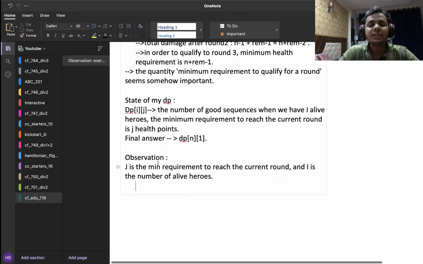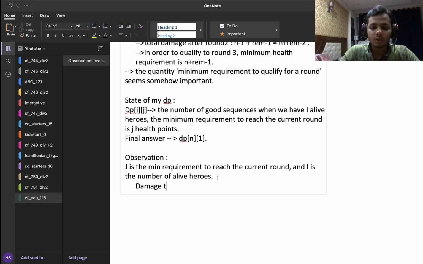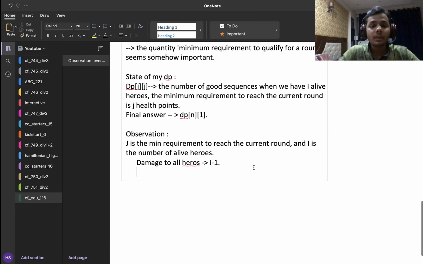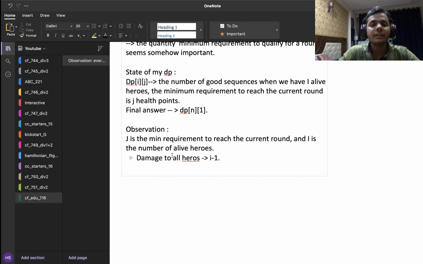Obviously if there are I alive people, then every hero will get a damage of I minus 1, because every hero will inflict a damage of 1 to every other hero. So the damage to all heroes is going to be I minus 1 because there are I minus 1 other alive heroes. And the minimum requirement to reach this particular round was J, so they have already been inflicted with a damage of J, because that was the minimum requirement.